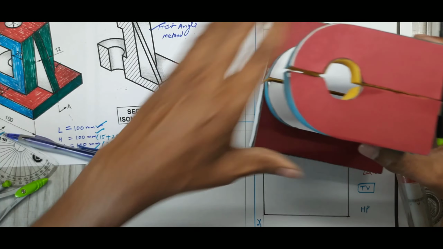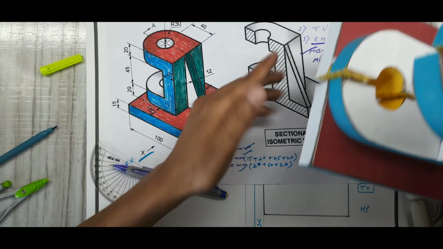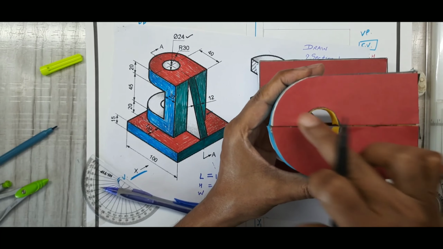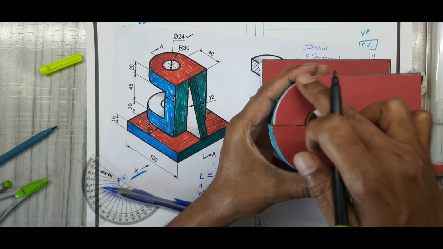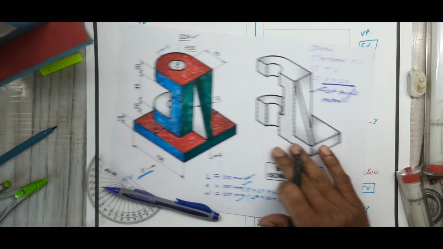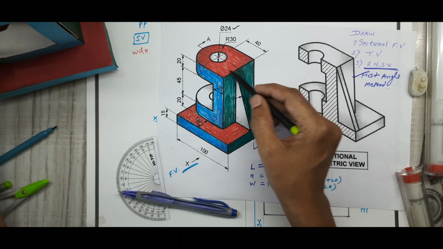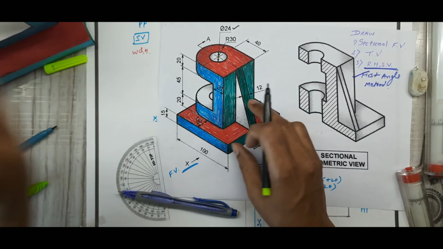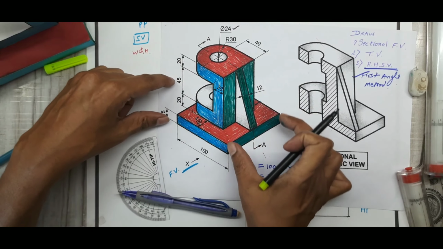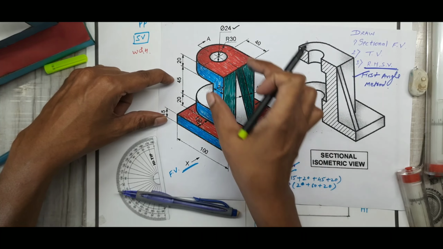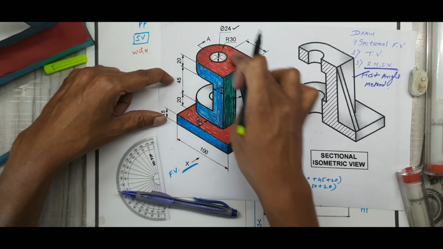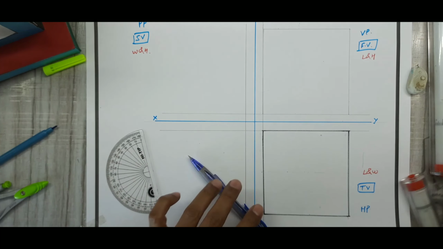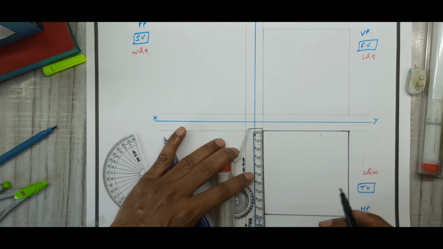After this plate, I'll again come to the drawing. Now, one more thing you can observe: this plate has a semicircle along with a circle. Same case you can see here. This plate has a semicircle and one through hole, and that I have to draw. It is exactly at the middle position. You can see at the middle of this plate, this C type of component. For that reason, what I will do is mark the center first of all by taking a dimension of 50 there.